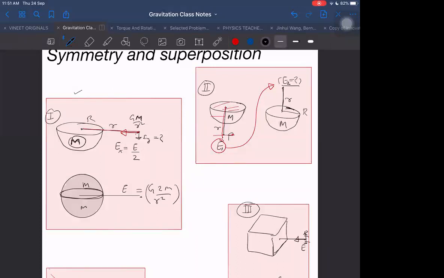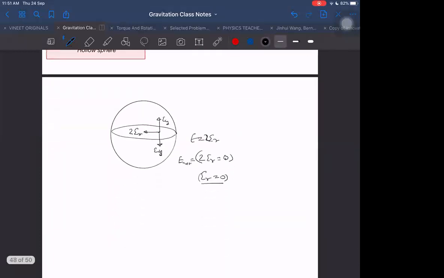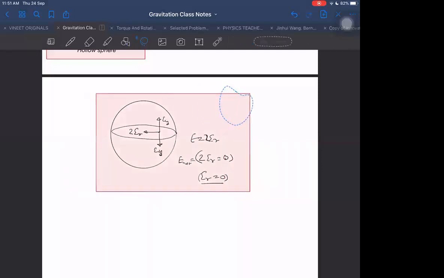If I cover this first mass from the top, then I will be getting a total solid or not? Yes, sir. Then from there you can tell what is the field in those places, and then you apply superposition. We have to apply symmetry and superposition. That is the heading for this. We have to use this symmetry and superposition only, and we will be getting the answers from that.